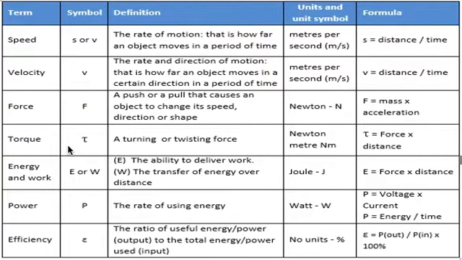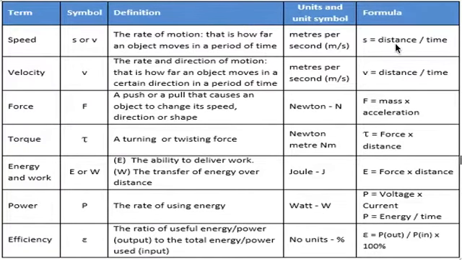These are some of the terms and definitions that you need to understand for the mechanics course. The first one is speed, and we generally think in everyday terms of speed as being kilometers per hour, but in terms of mechanics we need to talk about meters per second. That's the standard unit, meters per second, and it's the rate of motion, how far an object moves in a